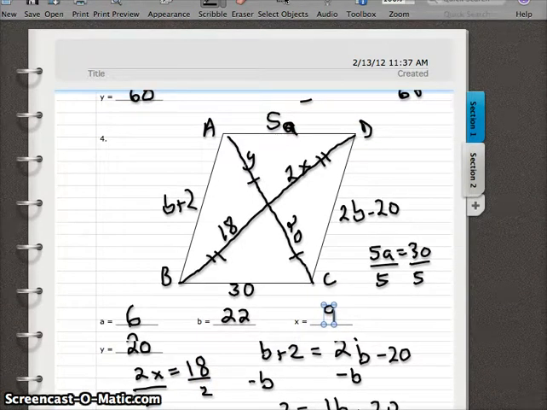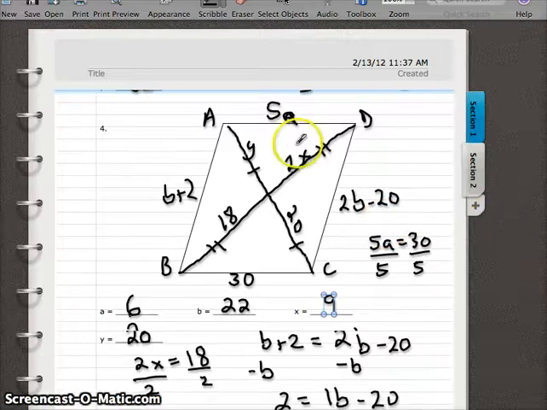Alright, so that's how we apply properties of a parallelogram to find missing sides and missing angles. Just one recap here. Same side angles add up to